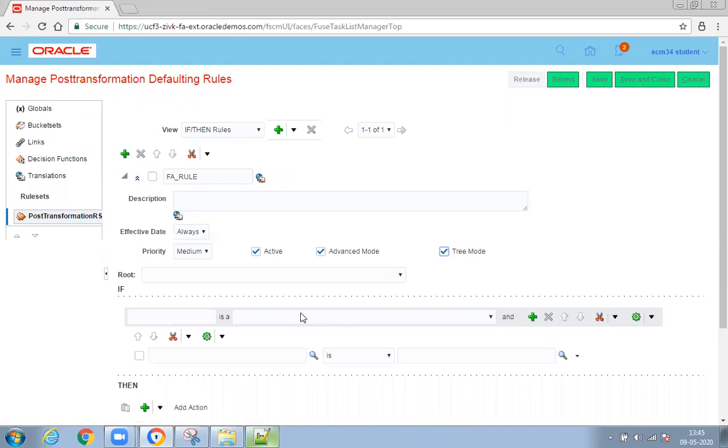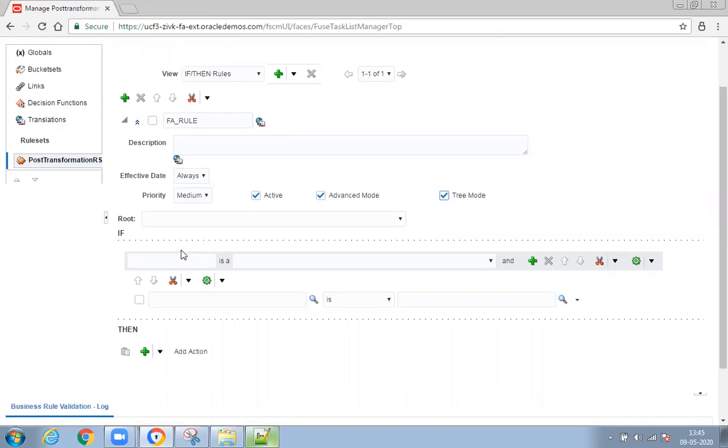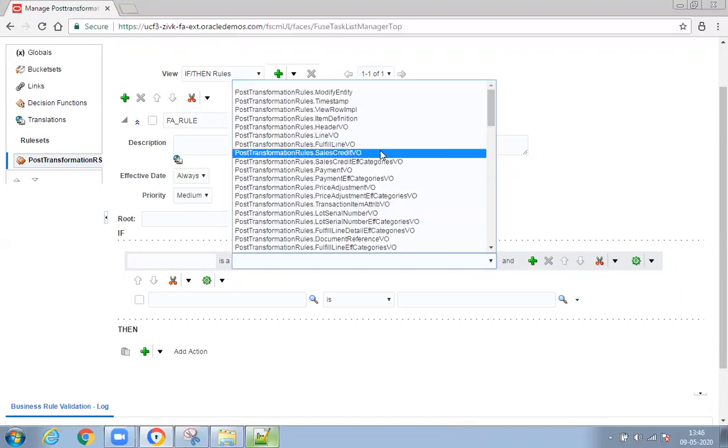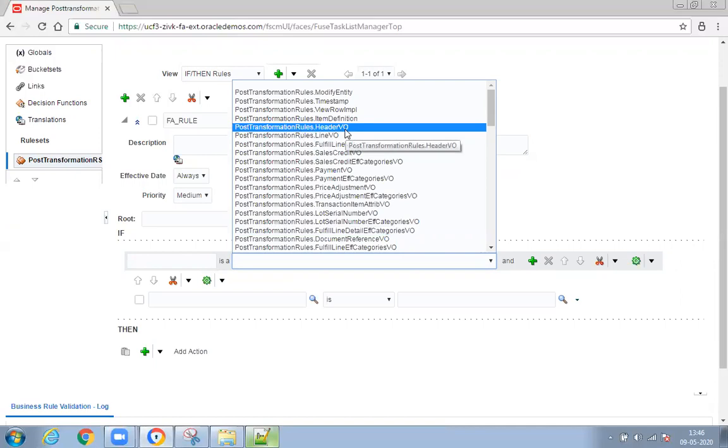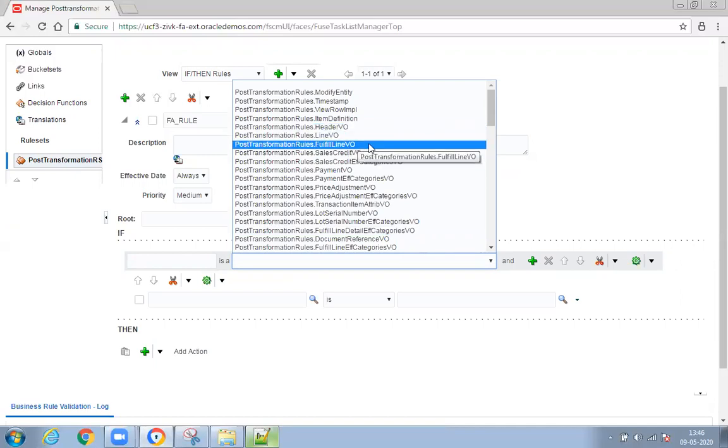So now all the attributes are there, and how we define the pre-transformation rule is the same: you add your conditions in the if condition, and in then you add the action you are going to perform. All the attributes are available in the form of Vivo. Here you can see post transformation rules, header level attributes and line level attributes in this Vivo, and fulfillment line level attributes.